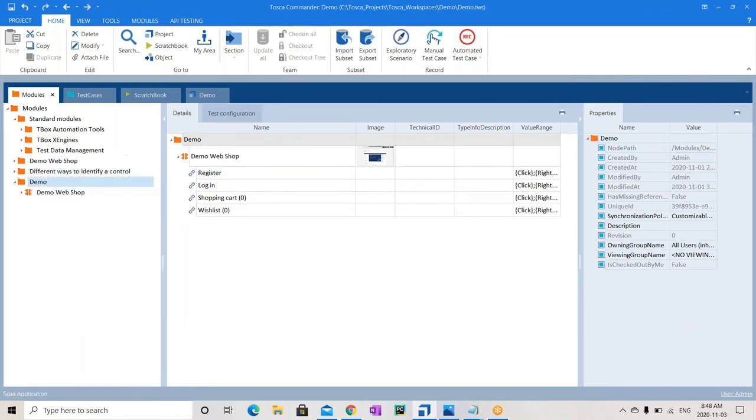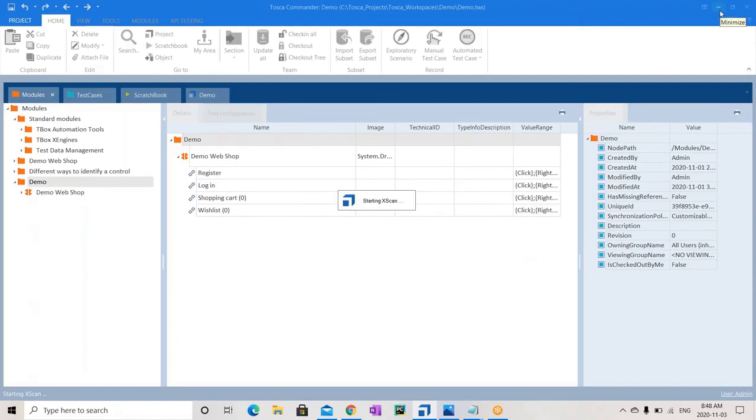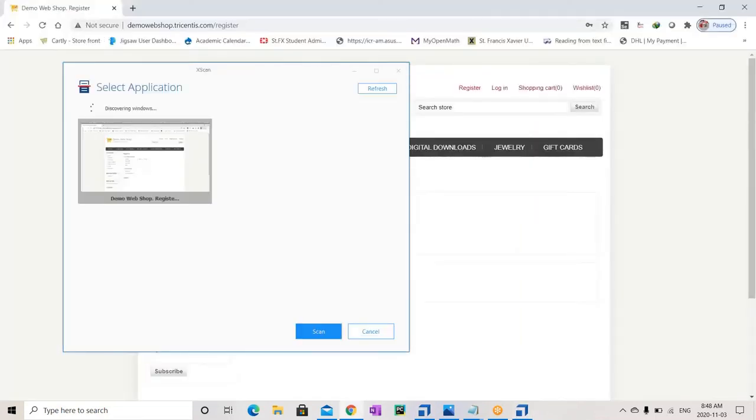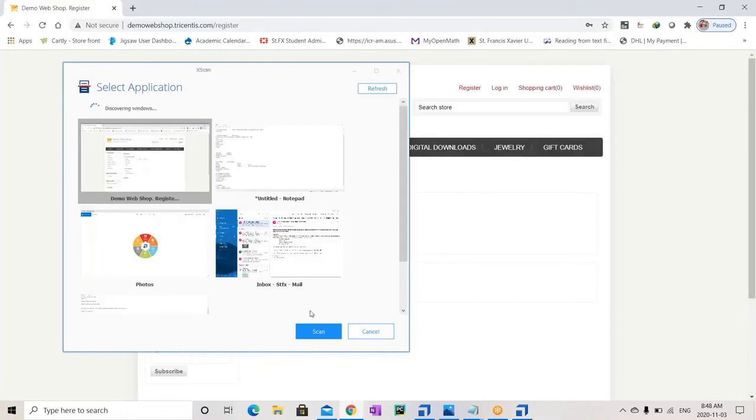Right click, scan, application. There are different ways while scanning and while you are identifying that particular button and all.